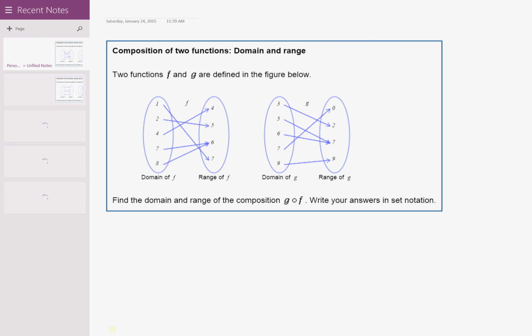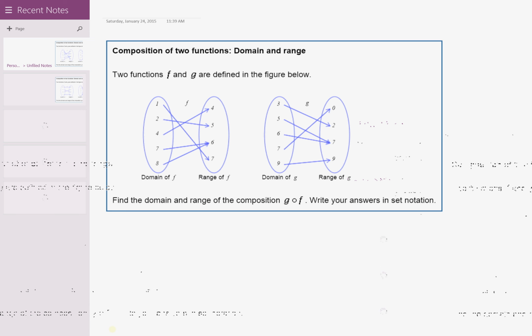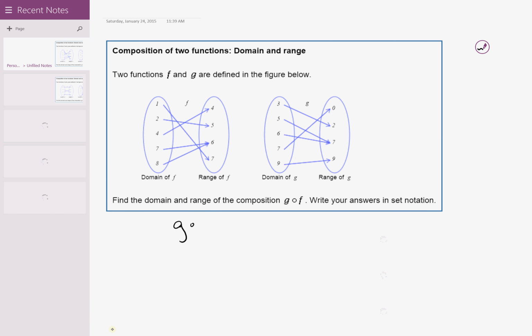Okay, we want to be able to determine the domain and the range of a composition of two functions. And this can be kind of counterintuitive because for g of f, we don't start with g. We are substituting x into f, and then we are substituting f into g. Right? So beginning with the domain of f, I have that